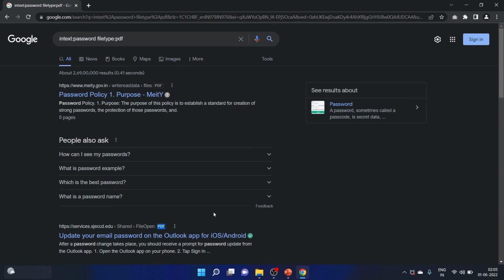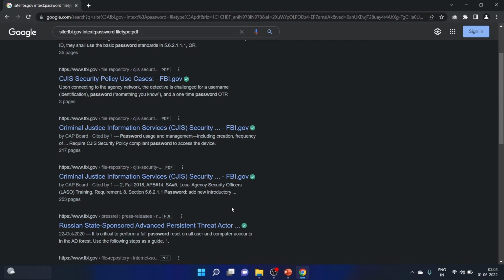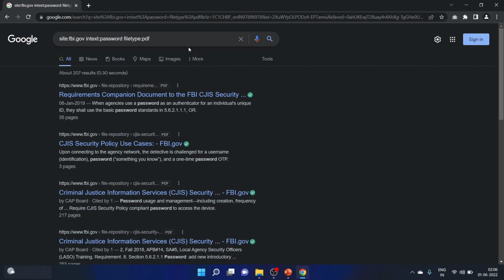Okay, let's write a specific site. For example, I just want maybe the FBI.gov government site. Let's hit enter. Okay, so now we are getting results from FBI, and we can see the documents here, and you can read the documents. Okay, now let's change the domain to microsoft.com, or we can use inanchor,